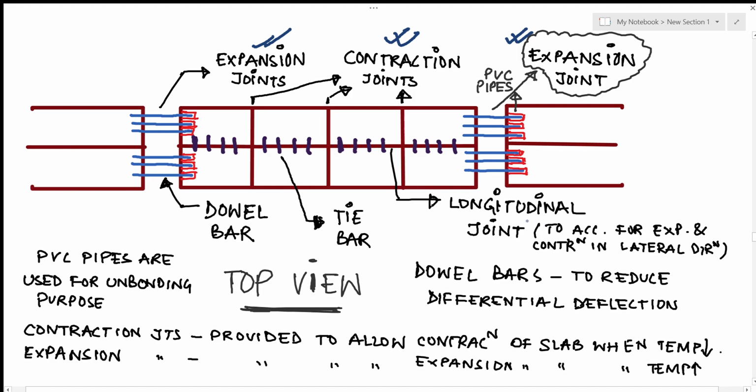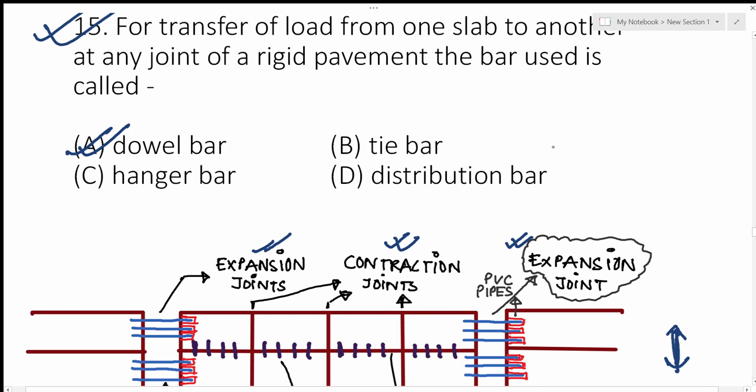Now, longitudinal bars or longitudinal joints are used to account for expansion and contraction in the lateral direction, in this particular direction. PVC pipes are used for unbonding purpose, and dowel bars are used firstly to transfer the load from one slab